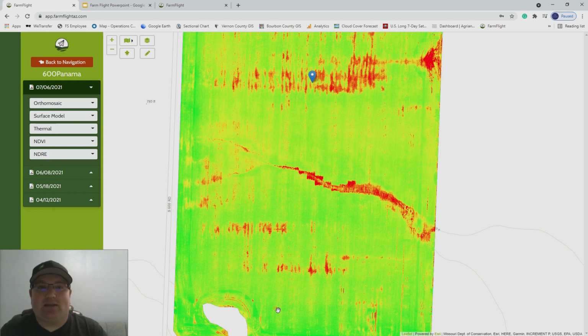So what this tells me is if I have say 150 bushel where it's green and 130 bushel where it's yellow, I can then take those acre numbers, put them in a formula, and very quickly come up with an approximate yield for this field, and make sure that maybe I need to sell some more, maybe I oversold. And so we want to make sure that we have everything in order when harvest time rolls around